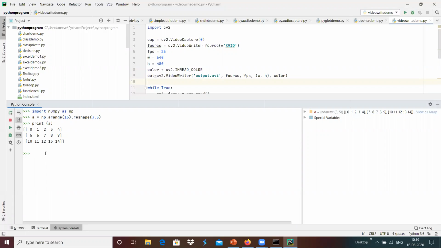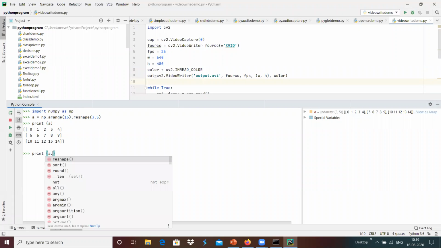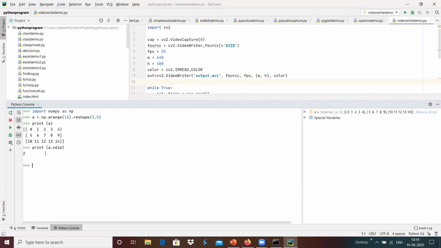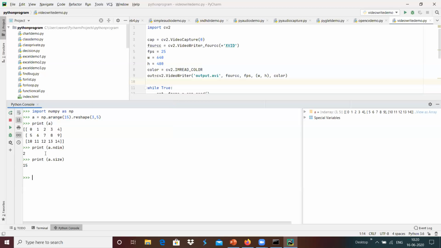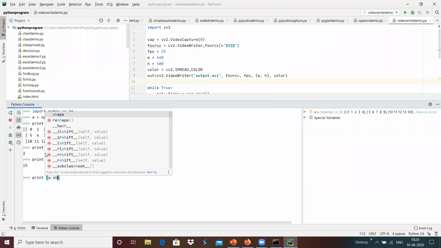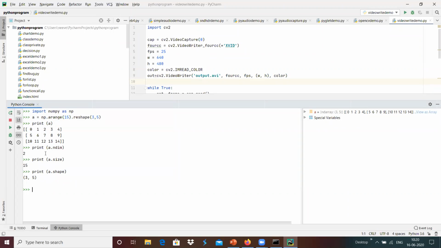And we can do print of a dot ndim, which provides the dimension. This is a two-dimensional array, so we are getting 2 over here. In a similar way we can do a dot size, which shows it contains 15 elements, and similarly a dot shape, which is a 3 cross 5 matrix, a two-dimensional array.